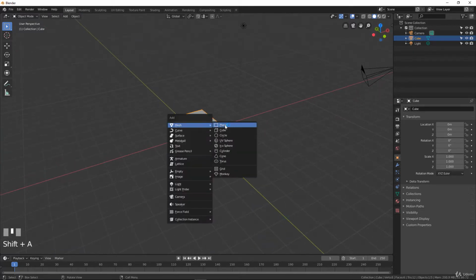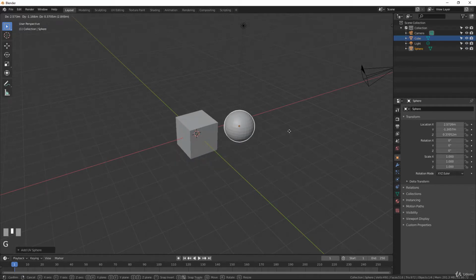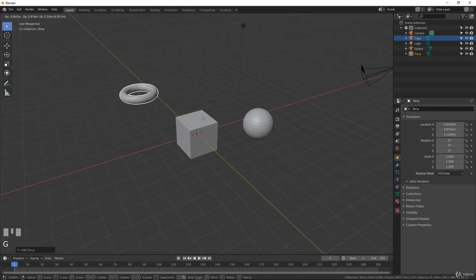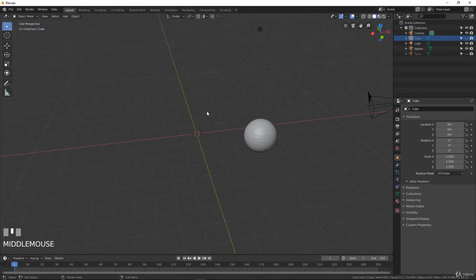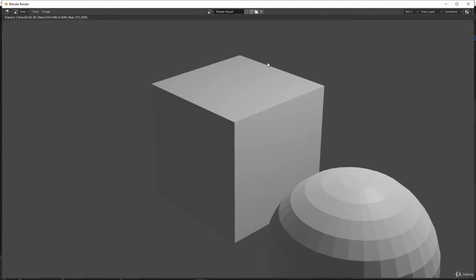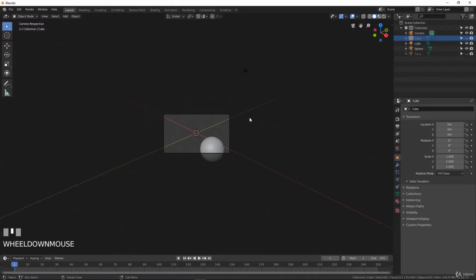So it works for any object, and it works for any selection too. If you have, for example, two objects that you want to hide, with H it will not be here, and with Alt H it will come back. But be careful, because if you hide something into the 3D view like that, it will still be into the render. Okay, if I do a render, I still have my cubes there, and I will do Alt H and put my torus there,